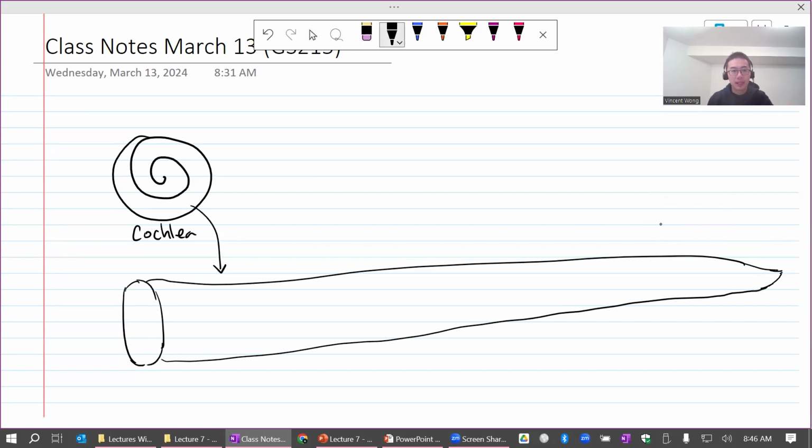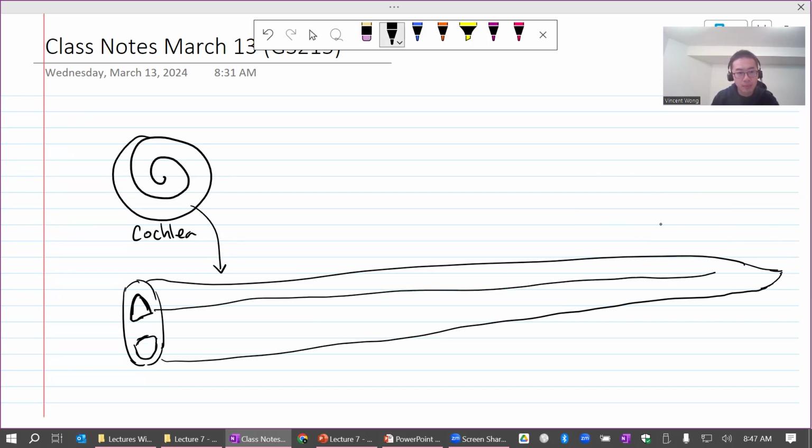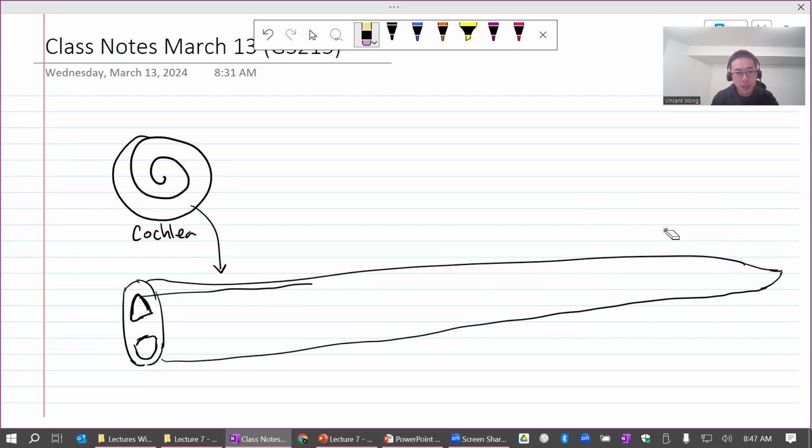Okay. Now inside the cochlea, there are three empty channels. Well, not empty; they're actually filled with fluid. For simplicity, I'm only gonna draw two of them. Okay, so it's gonna be like that. There's a tube right here at the top. It's gonna be filled with fluid. You know what? Why don't I draw it in color so you can distinguish it? Okay, so there's a tube at the top,